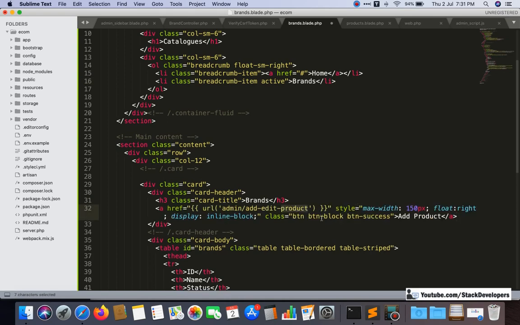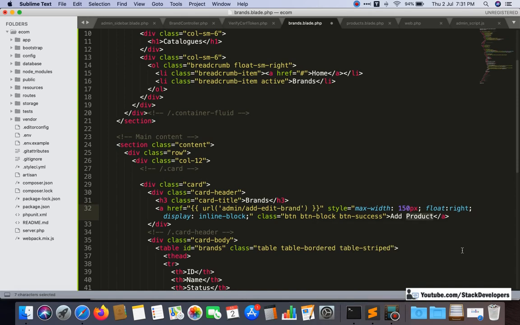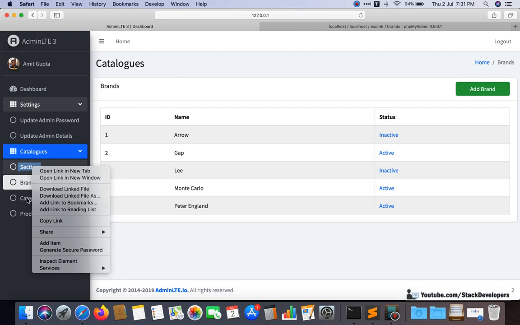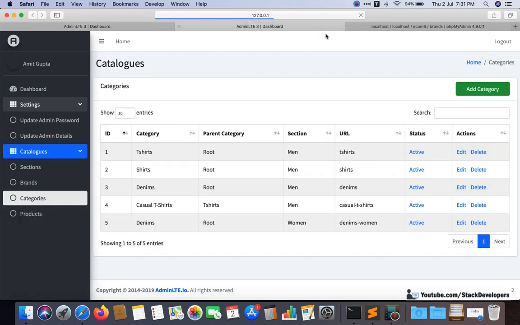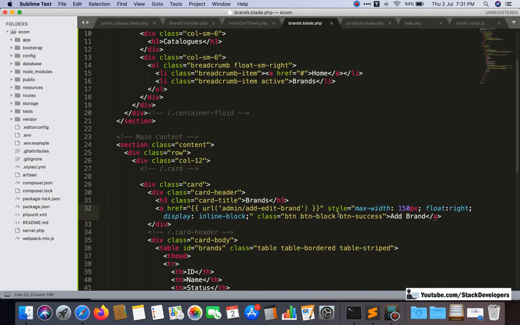Here I can make it add edit brand and here add brand. Now you can check, here it comes, add brand. Similarly you can go in categories, okay, it is fine. See, add brand. Okay, now it has appeared.